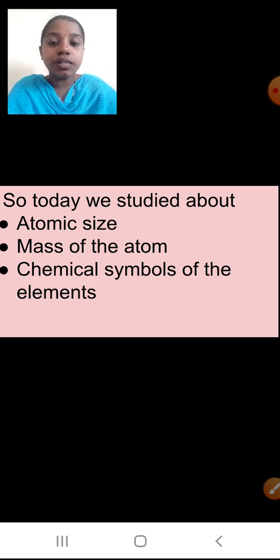Okay students, so I hope what we have done today you have understood. You will go through everything properly, open the textbook, see the periodic table. You can see the periodic table also on Google. If you type, you will get the periodic table, and see properly how the different elements have got different symbols. Okay students, so for today I'll stop it here.